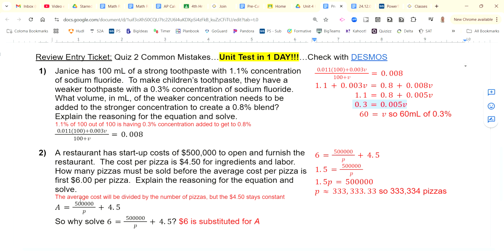So the average cost will be divided by the number of pizzas, but the $4.50 is going to stay constant. So ultimately, however many pizzas are sold, 500,000 gets divided by P, and the 4.5, that's going to stay consistent. Okay, so solving that thing, opposite of plus 4.5 is minus, so 6 minus 4.5 gives us 1.5. Opposite of dividing by P is multiplying by P. And then the opposite of multiplying P by 1.5 is dividing. So we would get